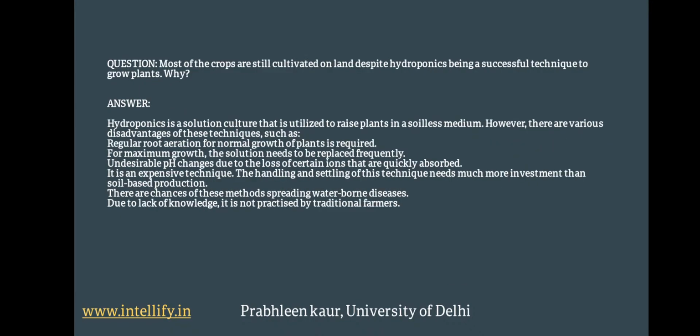Most of the crops are still cultivated on land despite hydroponics being a successful technique of growing plants. Why? Hydroponics is a solution culture that is utilized to raise plants in a soilless medium. However, there are various disadvantages of the technique, like regular root aeration for normal growth of plants is required. For maximum growth, the solution needs to be replaced frequently. There are undesirable pH changes due to the loss of certain ions that are quickly absorbed. It is an expensive technique. The handling and settling of this technique